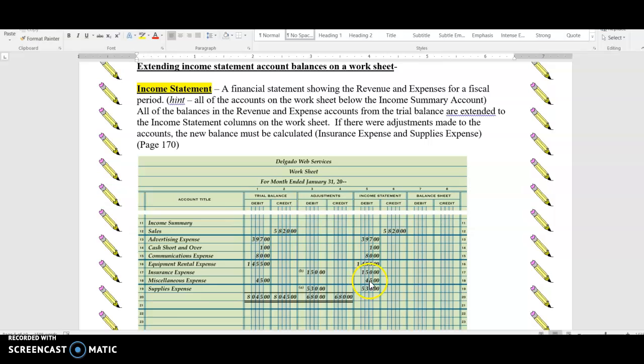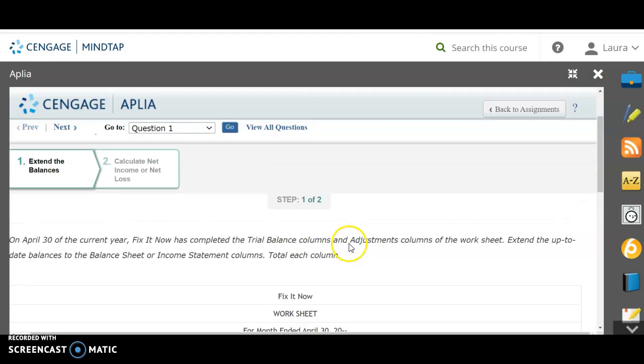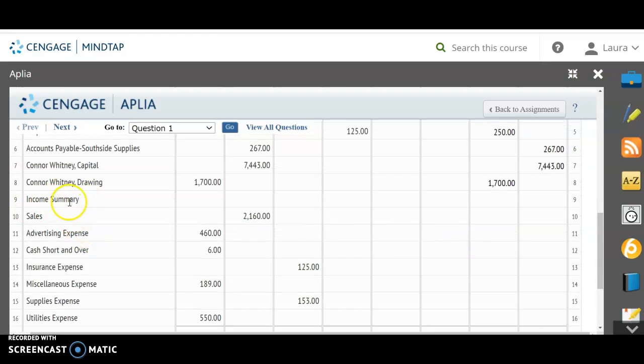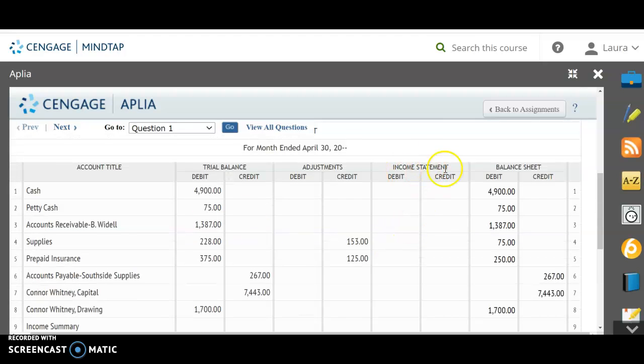Miscellaneous is a debit of $45, and then the supplies expense, same thing. We have an expense of $530 in the adjustment column, so we must bring that over to the income statement. So we're back over to the 6-3 work together, extending everything below the income summary over to the income statement